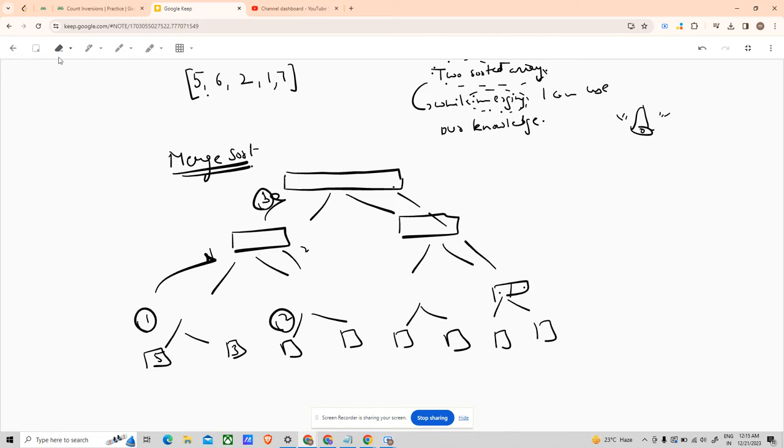Okay, so let's try and use it. How are we able to use it? Let me draw you a tree. I say the array was 5, 6, 2, 1, 7. Don't think about counting inversions right now. Just make me a merge sort tree for it first. Okay, you say yes, boss. So the tree would look something like this: